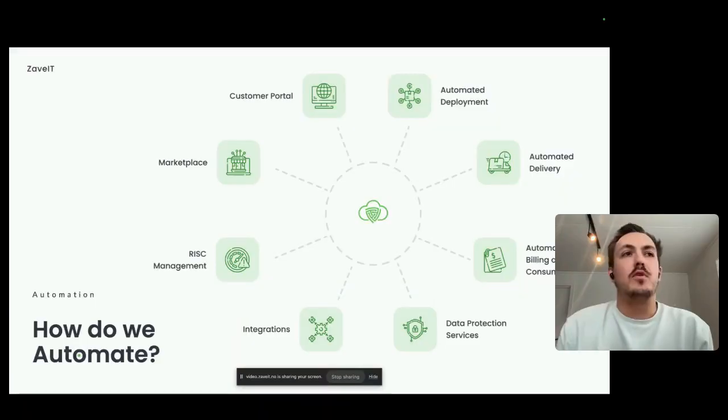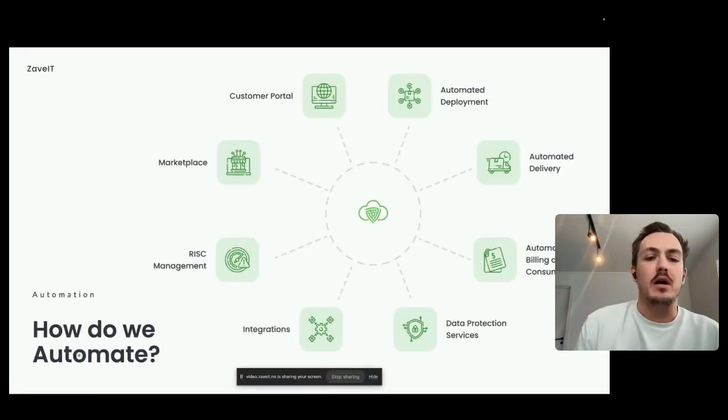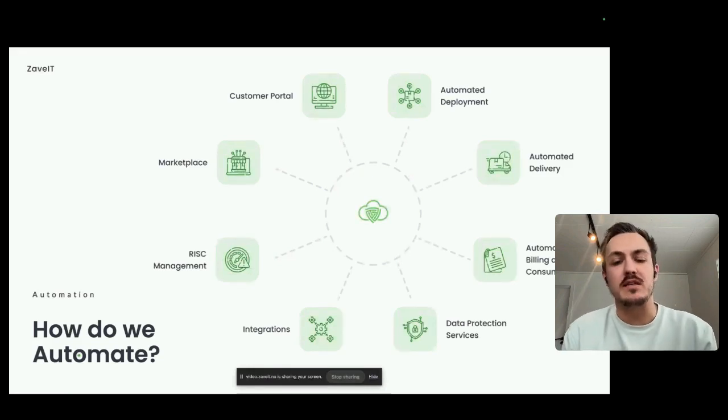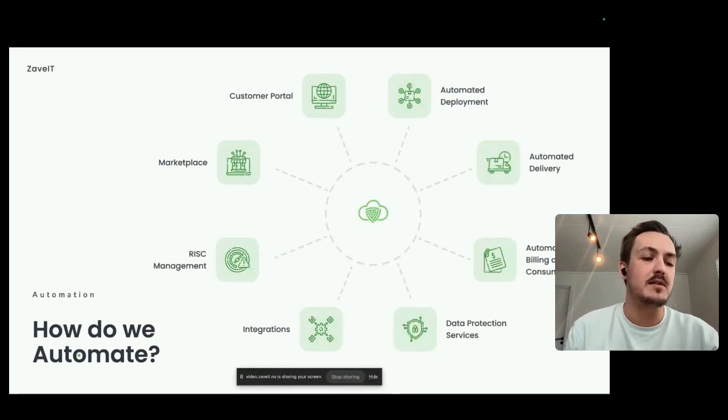So I'm going to walk you through a couple of the topics that Andy touched on as well, what we do within the ZaveIT platform to automate. We're also going to dig a bit deeper into integrations, how we use integrations to automate. And with that, we're going to take a live look into the platform itself and look at our integration into Veeam and the Veeam Service Provider console.